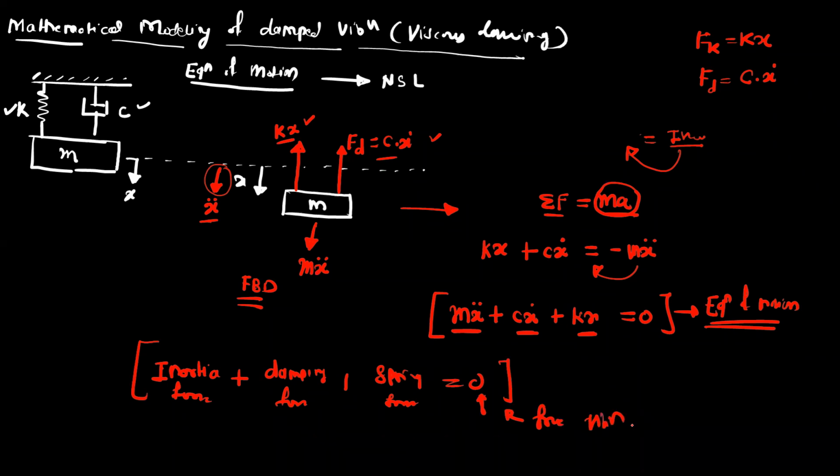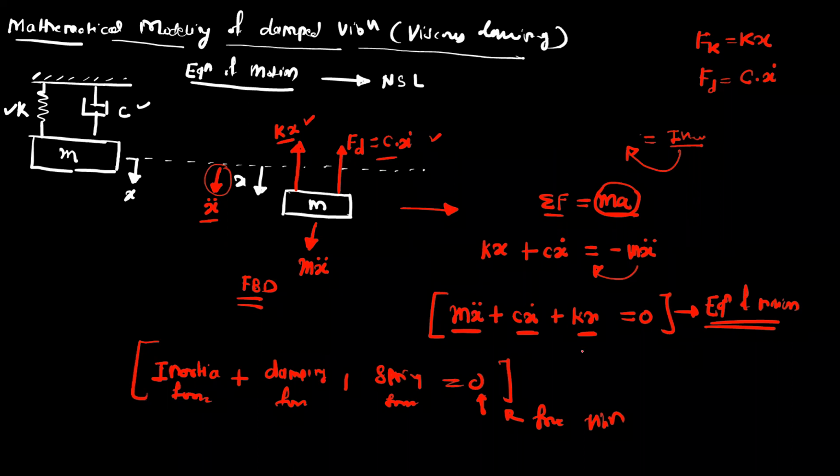Okay, so there are two types. One is the free vibration and second is the forced vibration. In the forced vibration, we continuously provide the external force. So that we will study in the next module, that is the fifth module. What is the forced vibration? So the first two modules, module number 3 and module number 4, totally depend on the free vibration.